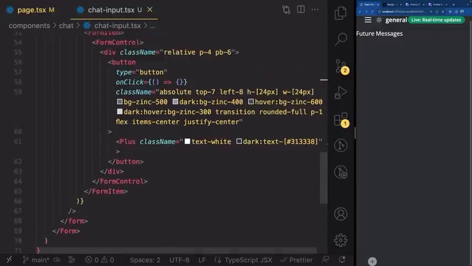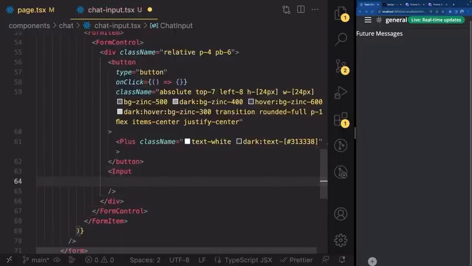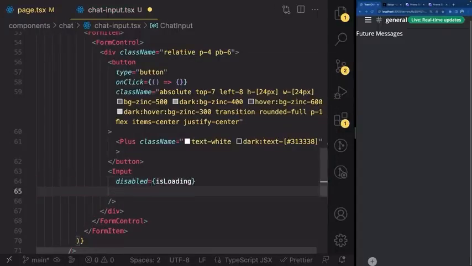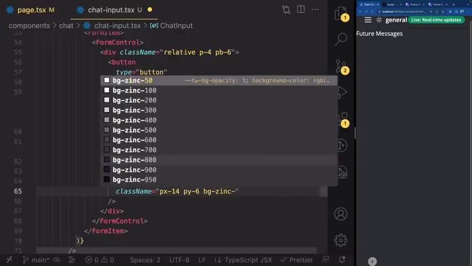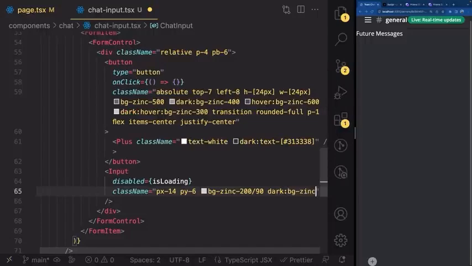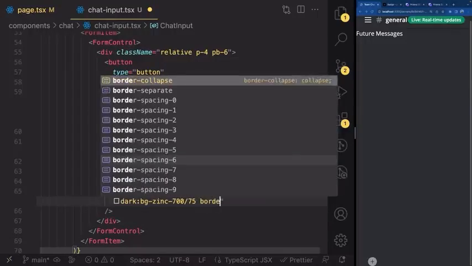Okay, let's scroll down right here. So outside of this button, go ahead and add our Input component, which is a self-closing tag. It's going to be disabled on isLoading, which we have as a constant. And now let's give this a className of px-14, py-6, like this, bg-zinc-200/90. On dark mode, it's going to be bg-zinc-700/75, border-none, border-0,